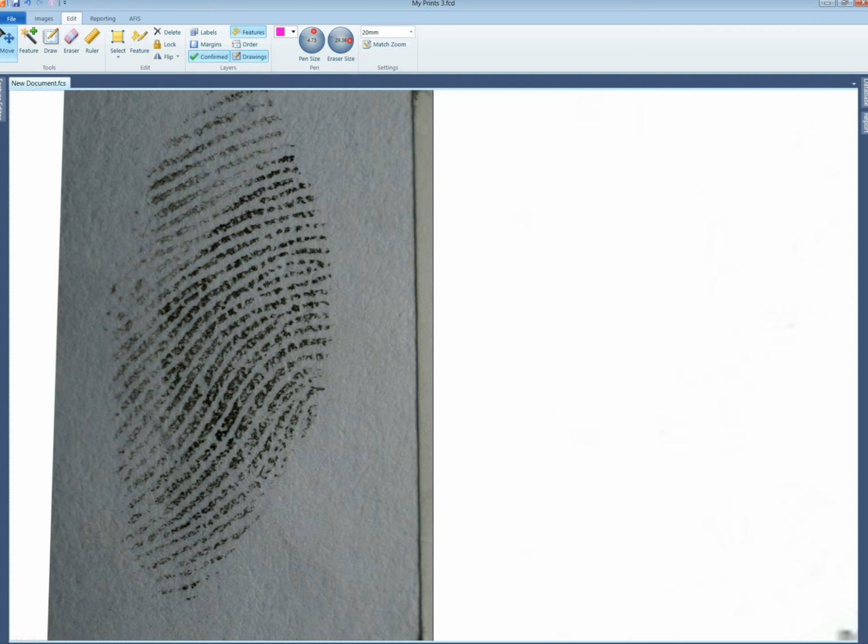Now I'm going to conduct an examination of the same latent using the ACE+V methodology. I've zoomed in on the exemplar in this case so that it doesn't introduce any cognitive bias in the analysis. I start the analysis by gathering information by marking the features. Now I'm just going to go ahead and go around the image and mark all the features that I can